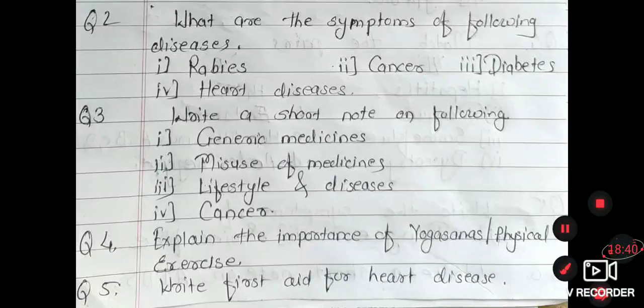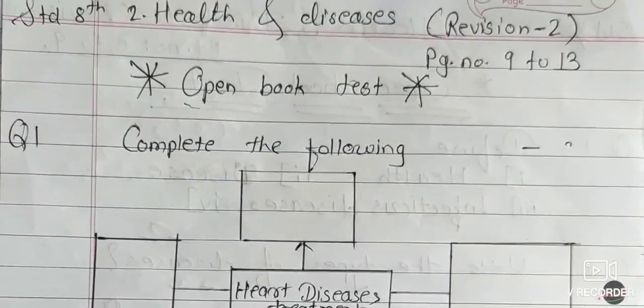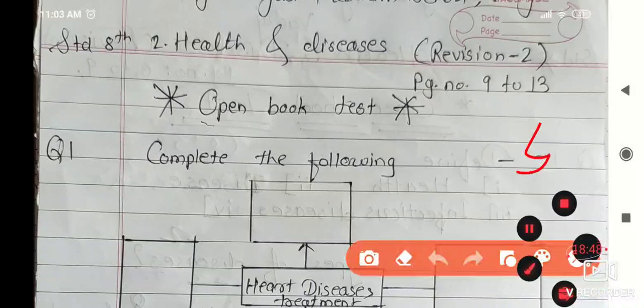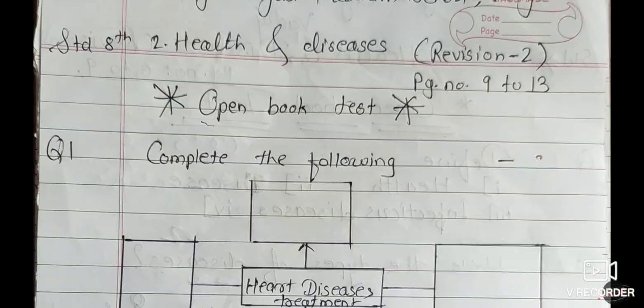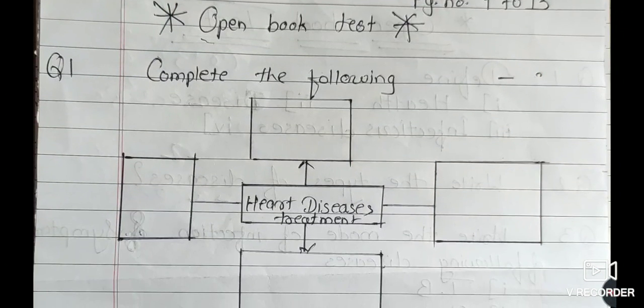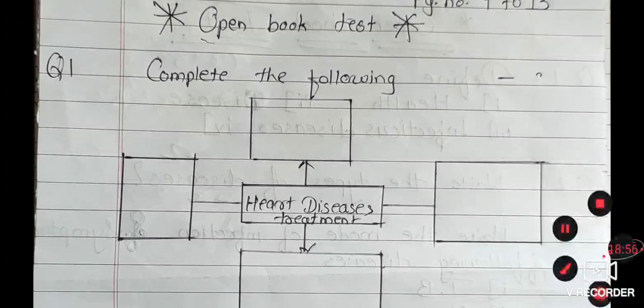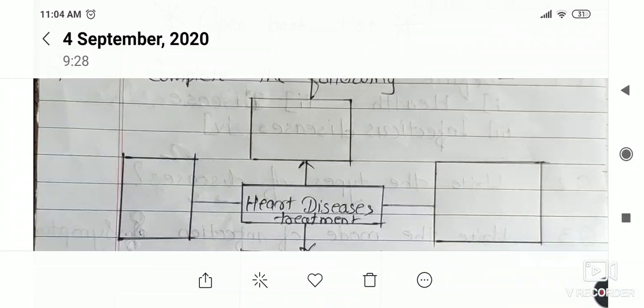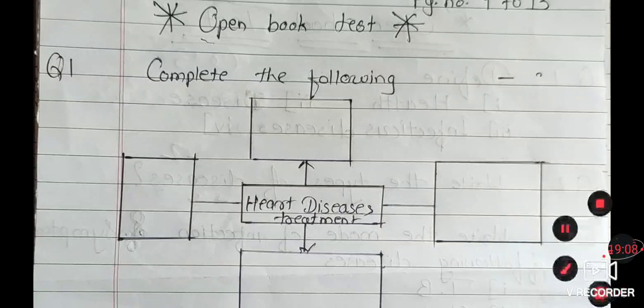And tomorrow I will give you the open book test for the next lessons. There are 4 lessons in the syllabus. From those, I have completed the open book test for 2 lessons, and we will complete the next 2 lessons. You have to study, and not just give importance to the examples and questions given in the textbook. Along with those questions you have to read the lesson, and some extra questions are inside the workbook, which you also have to study for the exam.